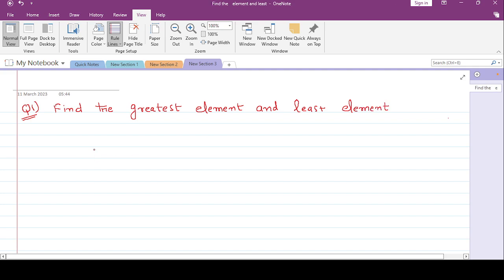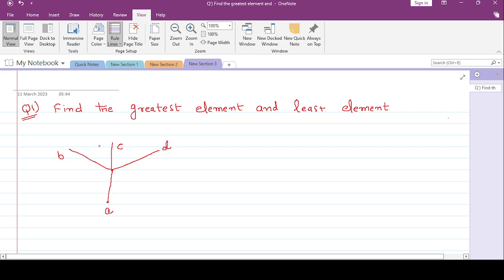Okay, see, we have this diagram: A, B, C, D. Okay, see, greatest element is that element which